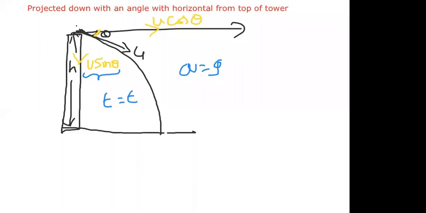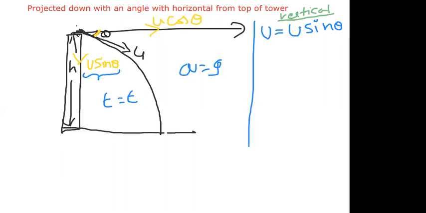Now, what should we write here again? Let us take the data. The body is projected down, with initial velocity in the vertical direction. Now I am discussing the vertical direction. So u in the vertical direction is u sin theta. Let me call it Uy, showing that it is the vertical initial velocity: Uy equal to u sin theta. After that, the body is projected down, so a is simply g. Total time taken to reach the ground from the projected point is T.